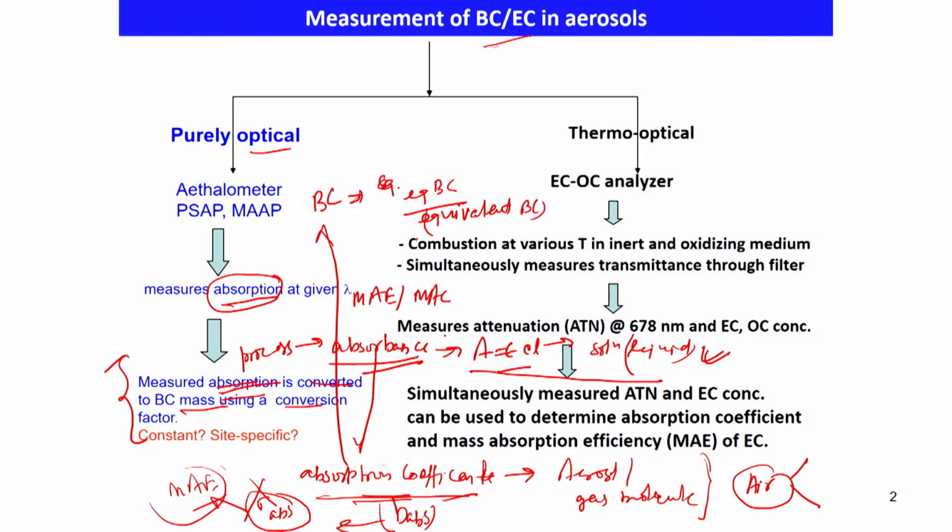Okay. Equivalent BC means it is not actually black carbon, but if it is assumed to be black carbon, how much absorption coefficient it will be giving rise to. So that is why it is called equivalent black carbon. And I also discussed in the previous lecture that in the thermo-optical method you have thermal methods, and you combine your optical method with this one. So this is measuring your absorption